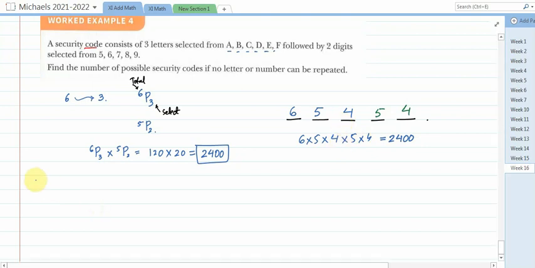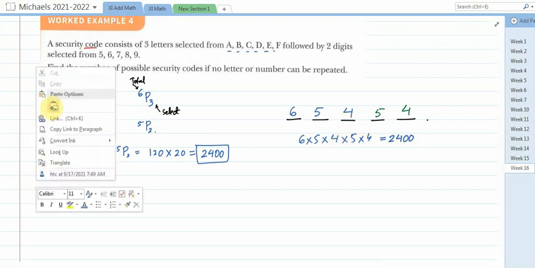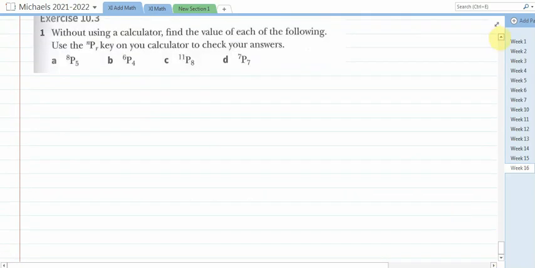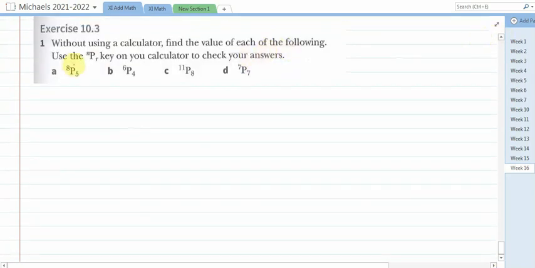So it's question number 1, and the question says, without using the calculator, find the value of each of the following. Use the nPr key on the calculator to check your answer. So you need to solve without calculator, but you can verify your answer. So for the first part it says